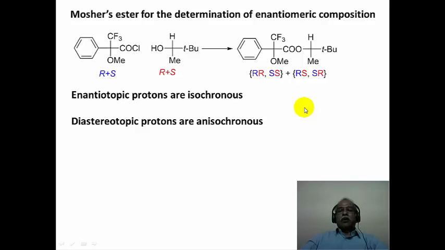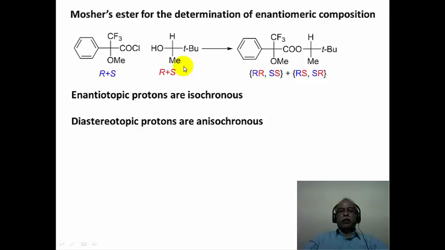Now let us see how one can determine, for example, ratios of enantiomers, because enantiomers are indistinguishable in NMR spectroscopy. So if you want to see different signals for enantiomers in the NMR spectrum, you need a chiral solvent, which is too expensive to employ. On the other hand, if one makes a salt or an ester derivative of an enantiomeric mixture, in this particular